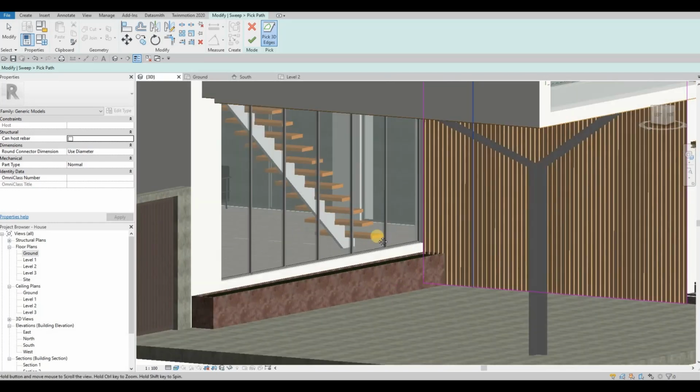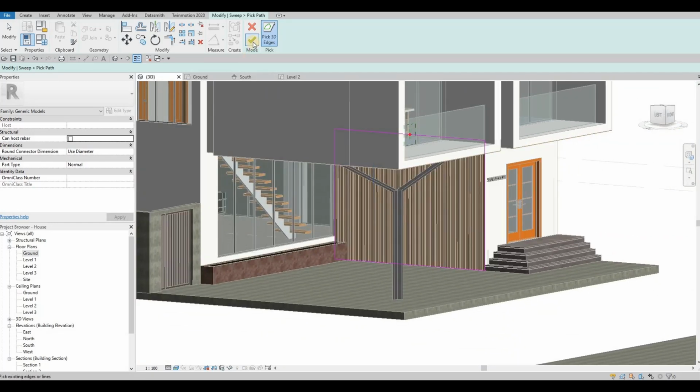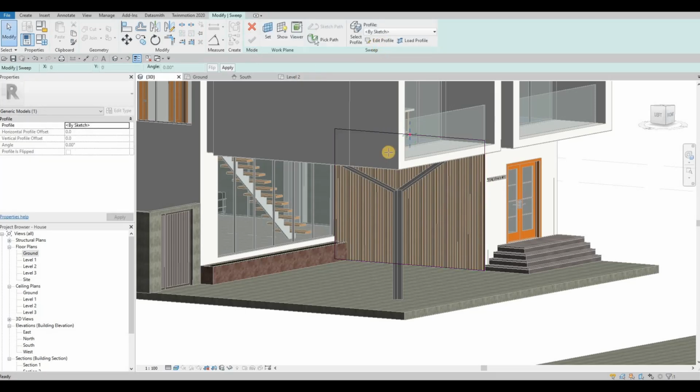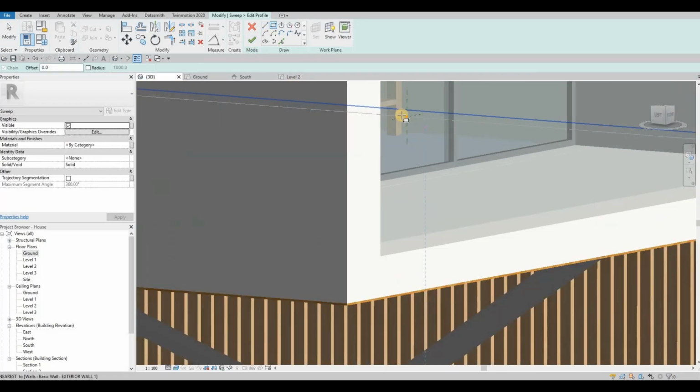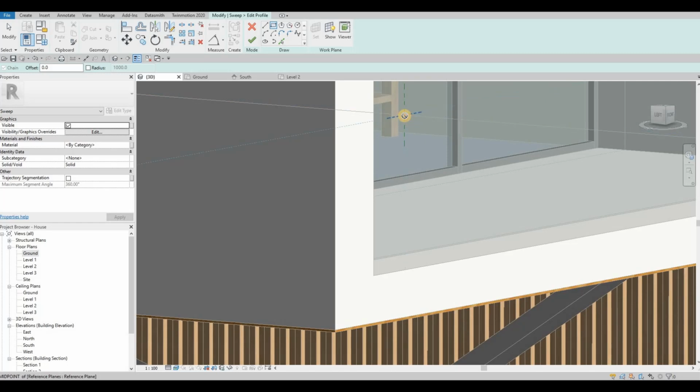And then there we go. And then I'm gonna click finish, edit profile, and I'm just going to create a small